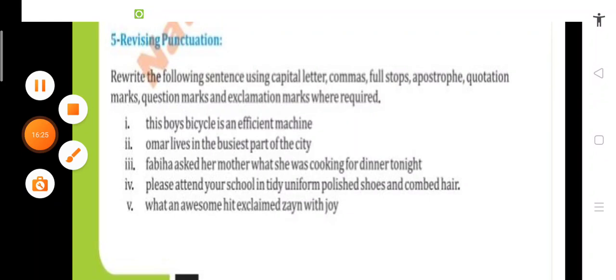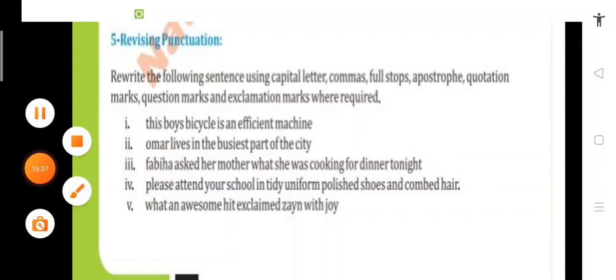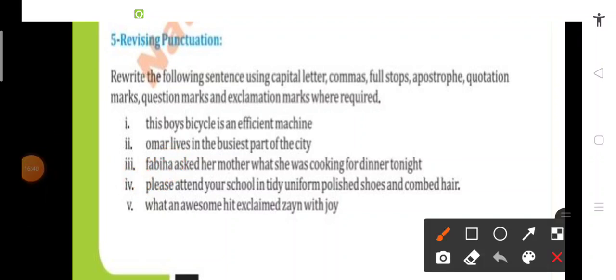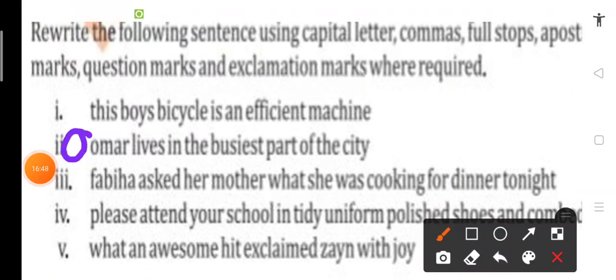Okay, and then in the next, Omar, O capital, lives in the busiest part of the city, full stop. After Omar you will write a comma. Okay, Omar, O capital, and after that you will use a comma, lives in the busiest part of the city, full stop. For Biha, F capital, then you will write a comma, asked her mother what she was cooking for dinner tonight. So asked her mother,